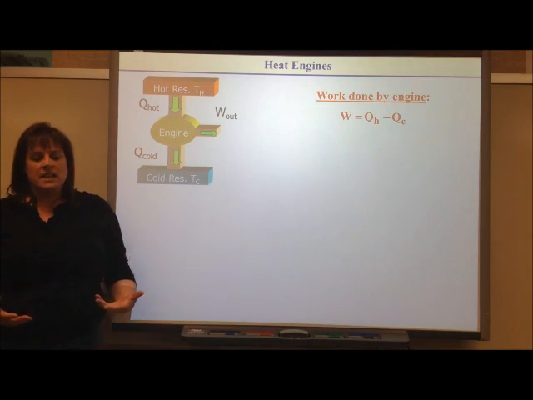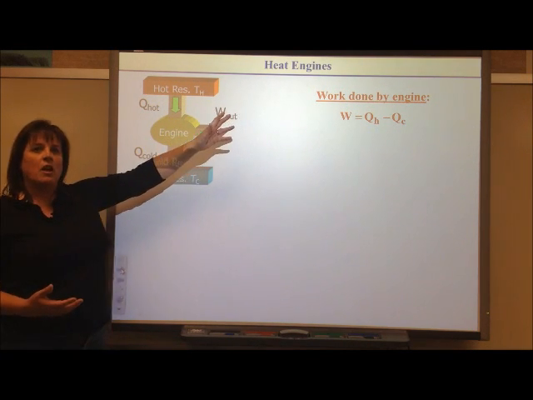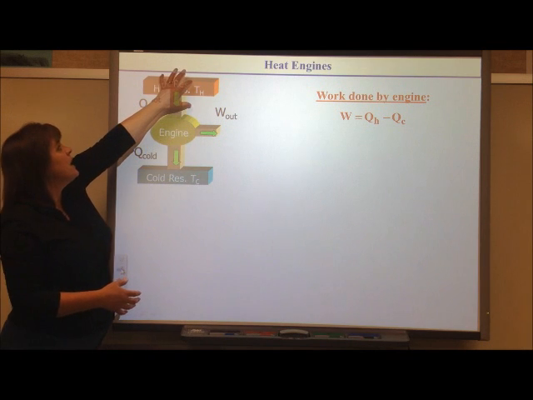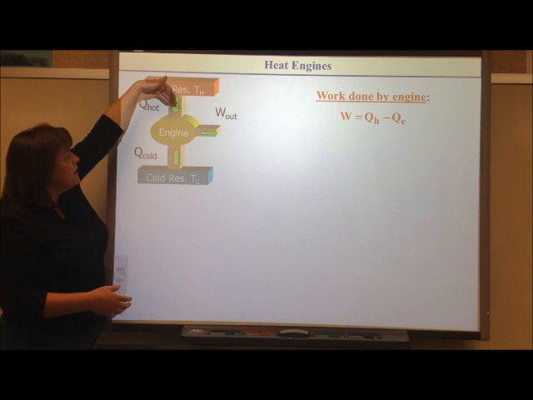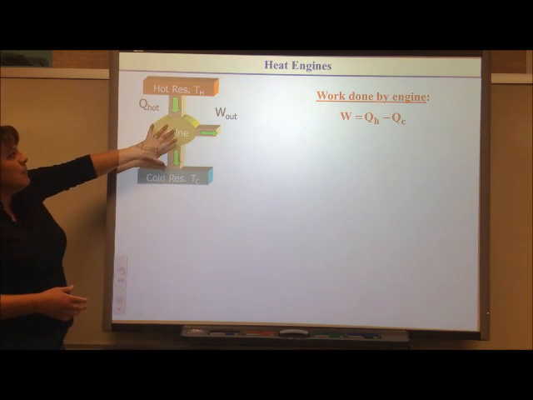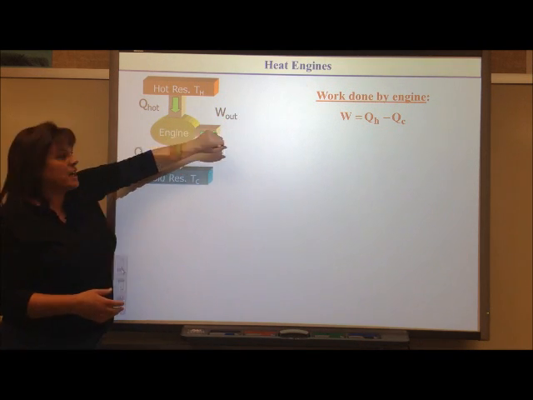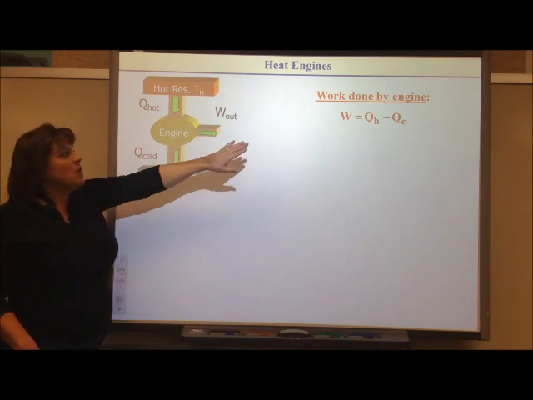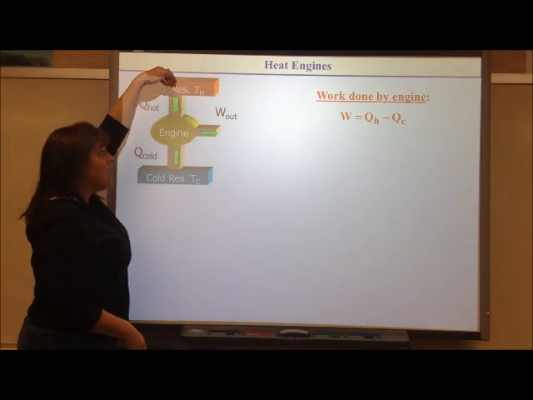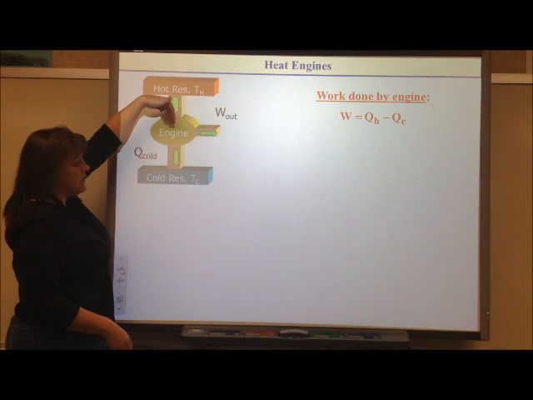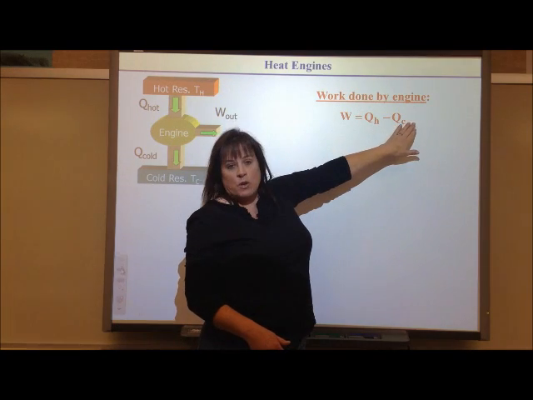Now, mathematically, if we want to know how much work we generate, well, because of conservation of energy, the total energy has to stay constant. So the energy that I'm putting in through the hot temperature reservoir has to equal the sum of the energies coming out: the work plus the cold reservoir. So the amount of work being done, therefore, is the difference between the amount of heat that's flowing from the hot reservoir, our heat going in, and the amount of heat that gets exhausted, flowing through our cold